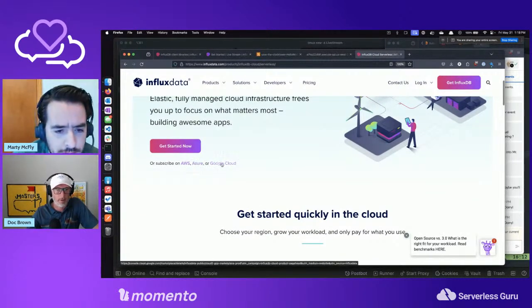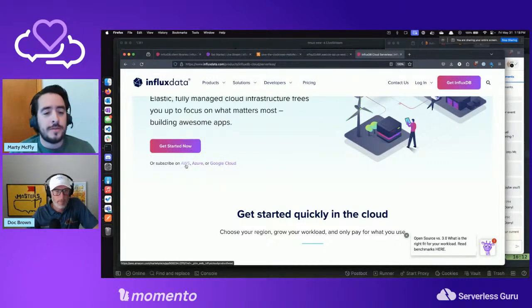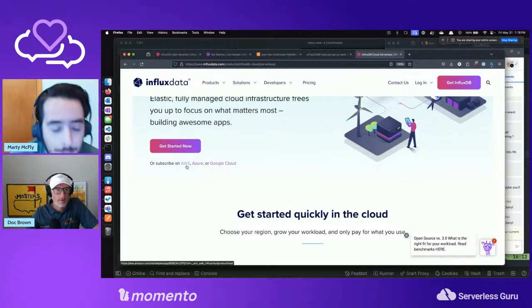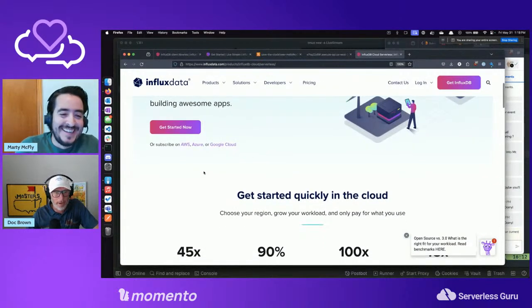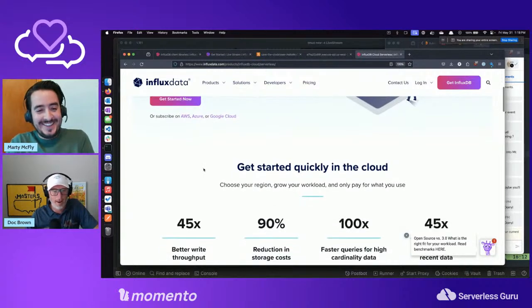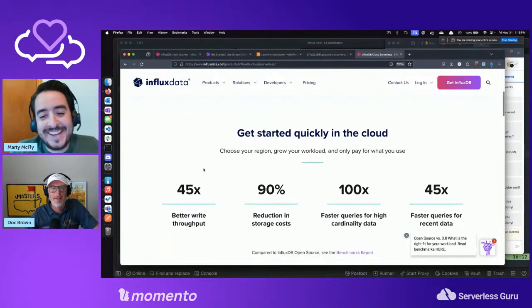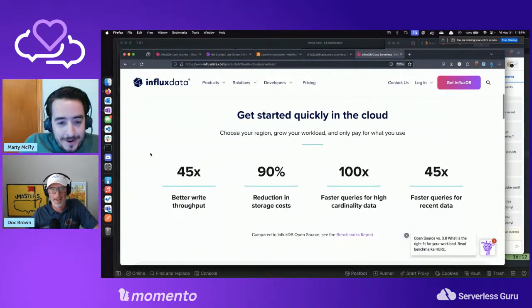I don't see this. No, it says subscribe, right? Oh, maybe buy in the marketplace or something, right? Marketplace. What's this Azure thing? I don't know what that is. I don't know what Azure is. And this Google company, I don't know who that is either. So keep going. Azure, I'm not sure who that is.